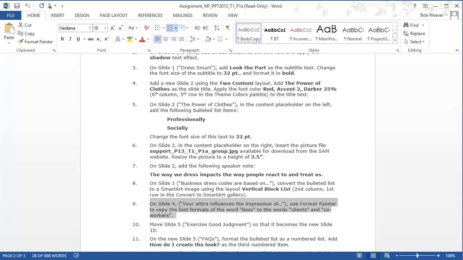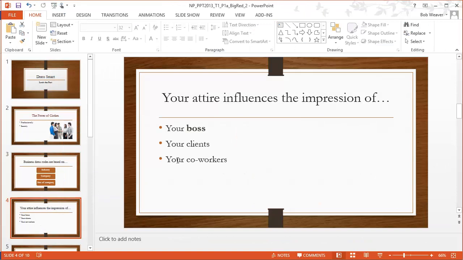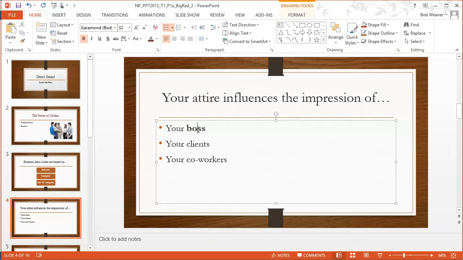On slide number 4, your attire influences the impression of. Use the Format Painter to copy the font formats of the word boss to the words clients and coworkers. So on slide 4, boss here has a format, and I want to copy that format. I can do that by going in the Home group into the Clipboard on the far left, the Format Painter,